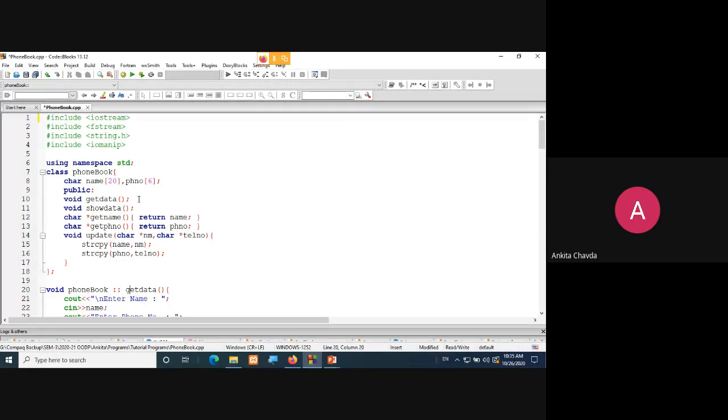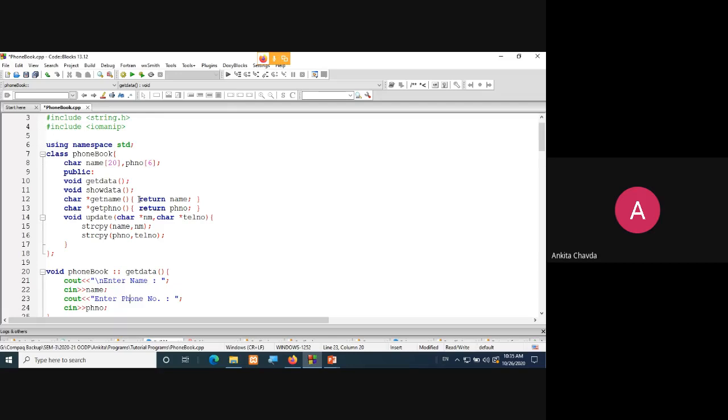Here, I would be having different functions, and the very first function is void get data. Via this function, as the name says, I'll take the data from the user. Then void show data, which will simply display the data on your screen.